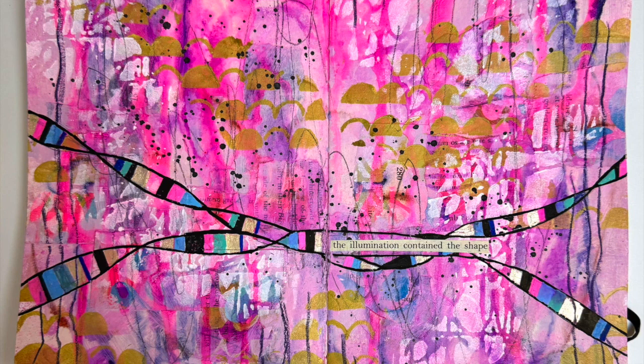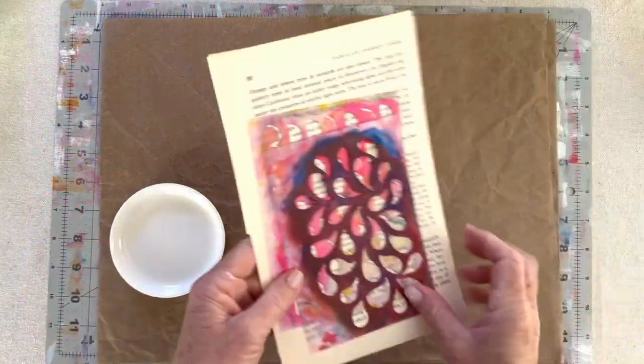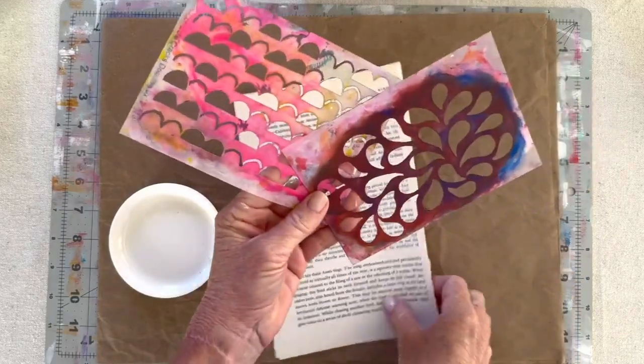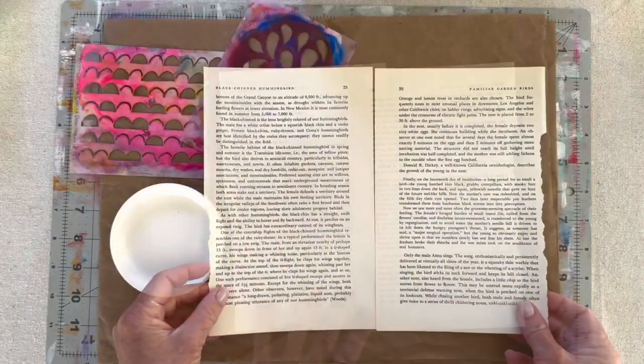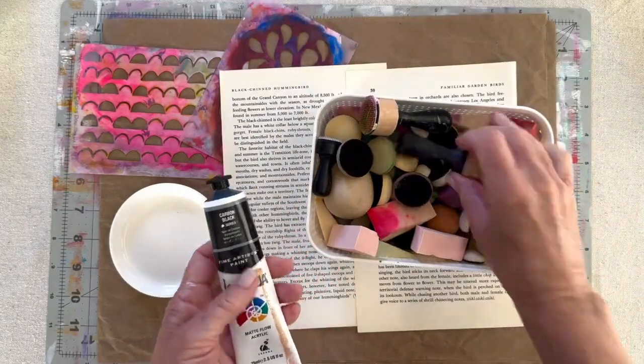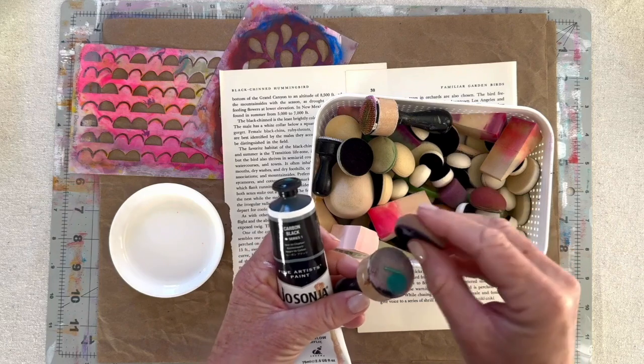Welcome everyone to this video for Stencil School featuring some pages in my art journal. I'm using my Doodle vocab stencils to create some high contrast collage papers. As my base or substrate, I'm just using some book text, and I'm using a nice kind of soft body